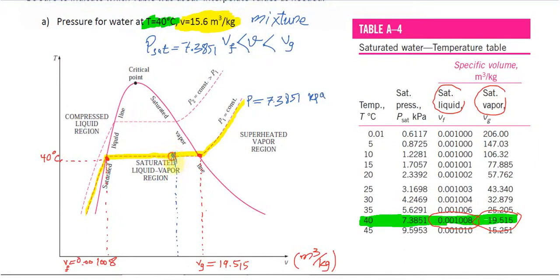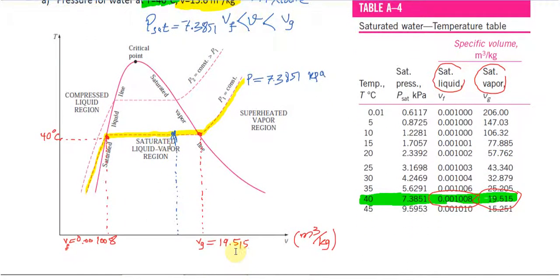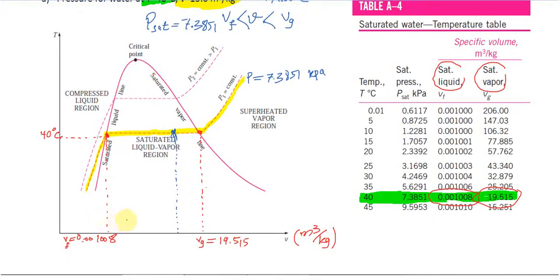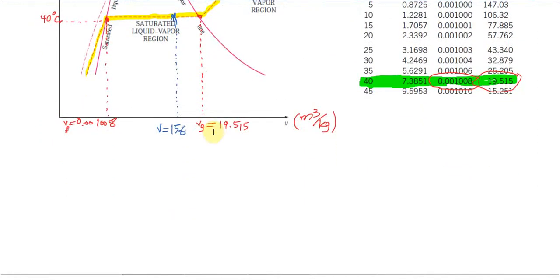Let's say this point corresponds to the situation that we have here, specific volume of 15.6. So I can highlight here that this specific volume v is 15.6, and in order to find the quality, I can use this equation: x equals v minus Vf divided by